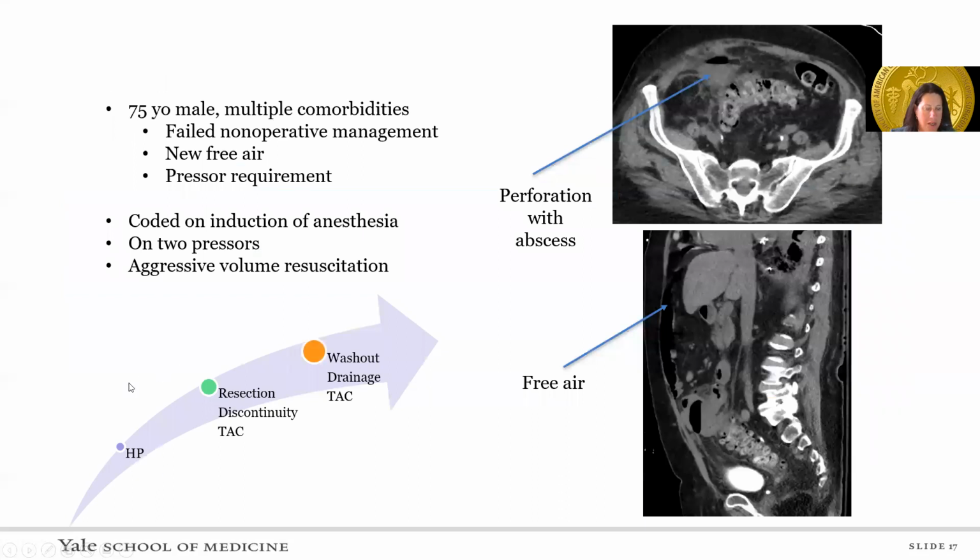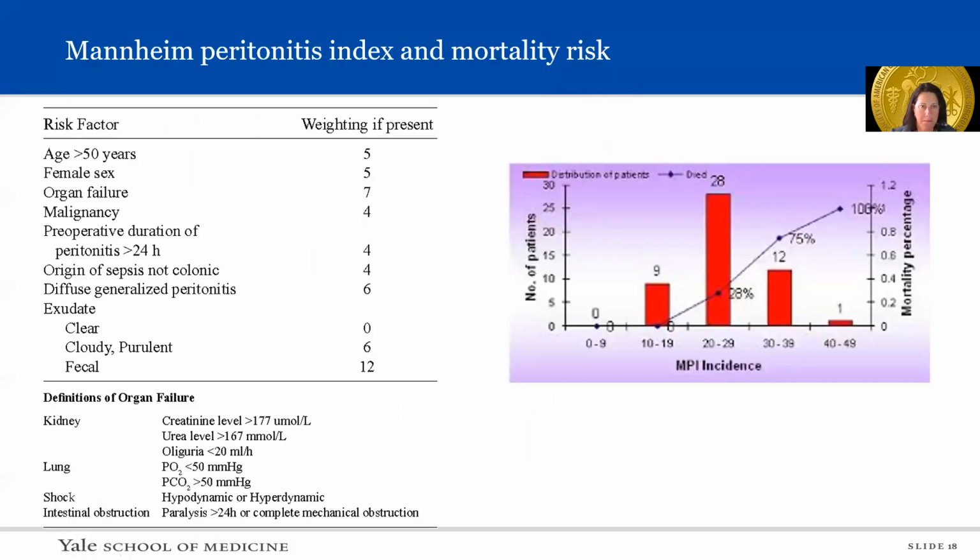In his case, the options were Hartmann, resection, discontinuity, and a takeback, and washout, drainage, and a takeback. Despite the fact that he coded on induction of anesthesia, he was resuscitated aggressively in the operating room and on 2 pressors was able to tolerate a Hartmann procedure, which lasted about 45 minutes, and he returned to the ICU with an abdomen that was closed and a definitive surgical procedure. One of the things that impacts decision-making about